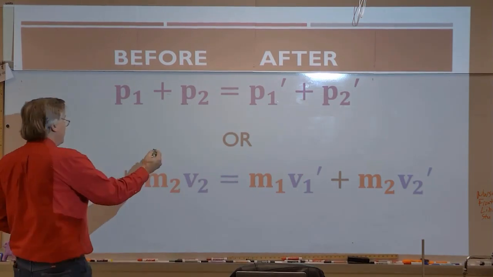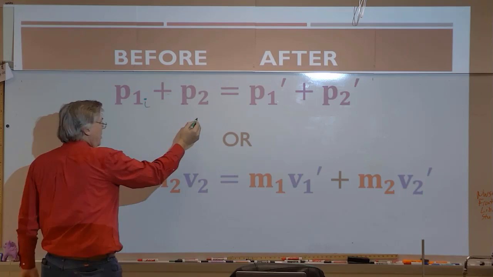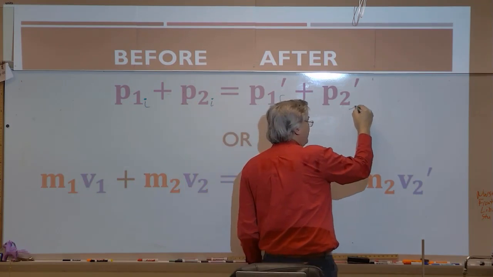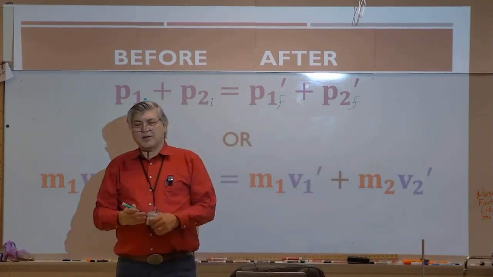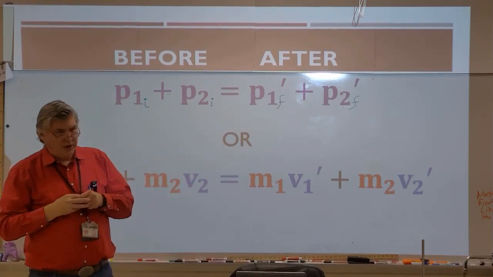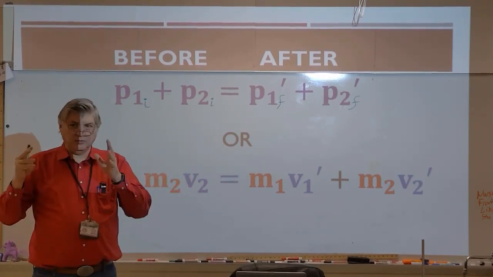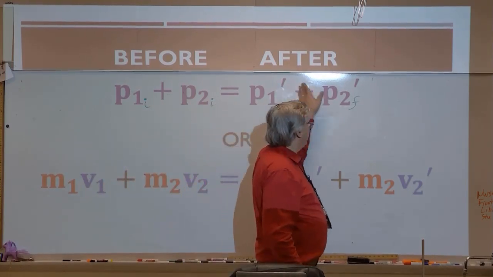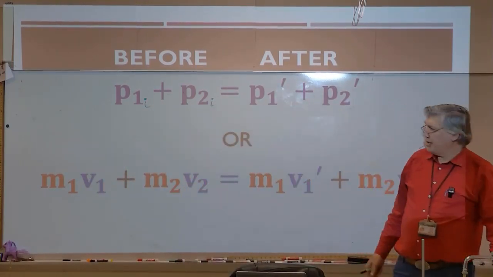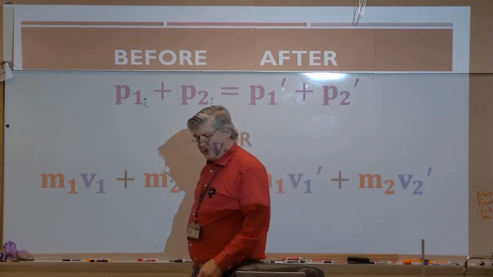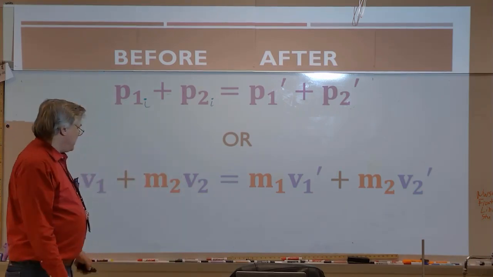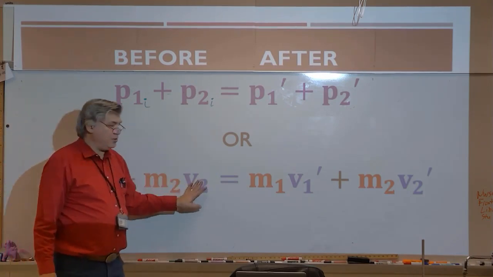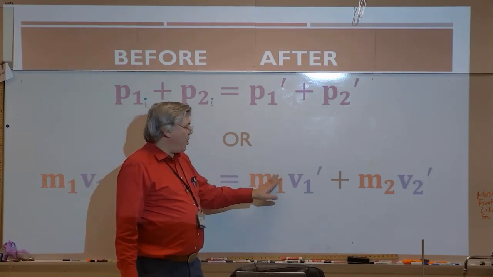We could just as easily say P1 initial plus P2 initial is equal to P1 final plus P2 final. But that's what that little prime means. It just means we've got a set of conditions and we have the new set of conditions. So when you see that little mark up there, prime, that means new set of conditions. So when we look at the math for that, M1V1 plus M2V2, pretty straightforward, equals M1V1